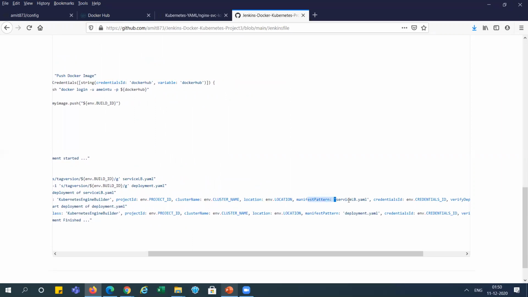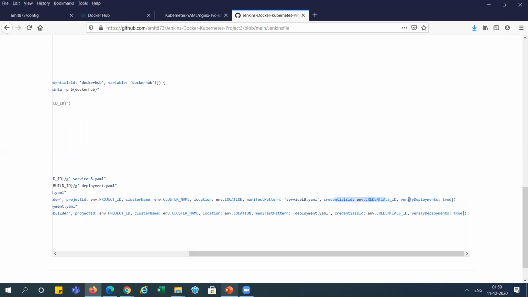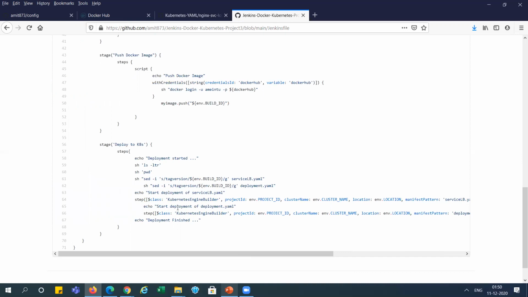Our manifest pattern is the YML file which needs to be executed, and the credential ID, you can see, right? You can see verifyDeployments true, and I have configured the same thing for deployment.yml.